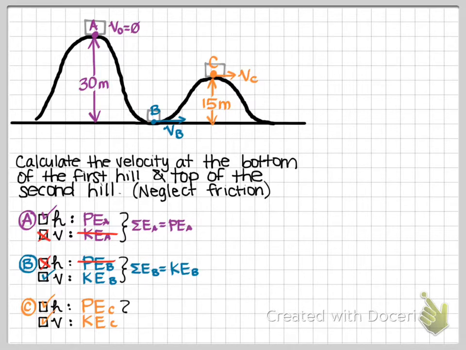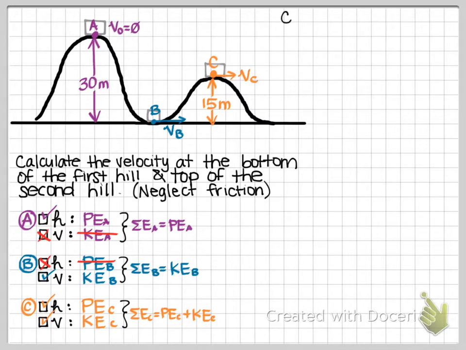And finally, same thing at C. Add up all the energies at C, and now you've got both. So now you're going to add potential energy at C to the kinetic energy at C. Okay, so now that we've looked at this basic breakdown of what types of energy we have at our 3